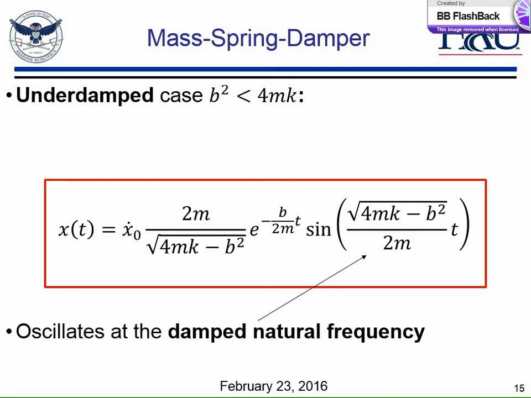So we see that there is a periodic response through the sine, right? We see that there's also a transient response around that exponential term, right? And it's an exponentially decaying term, which means that it's going to oscillate to a steady state. And since we're only talking about an initial push to the system, it's going to oscillate back down to its initial position, which in this case is 0, right? And you see that the difference between the undamped case and the underdamped case is that we're no longer oscillating